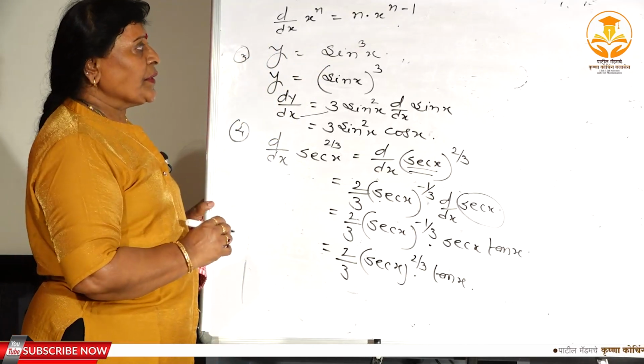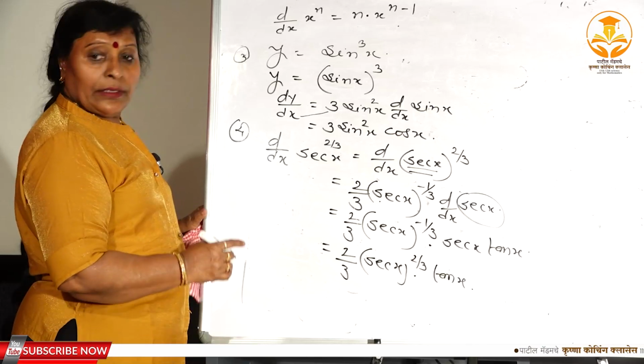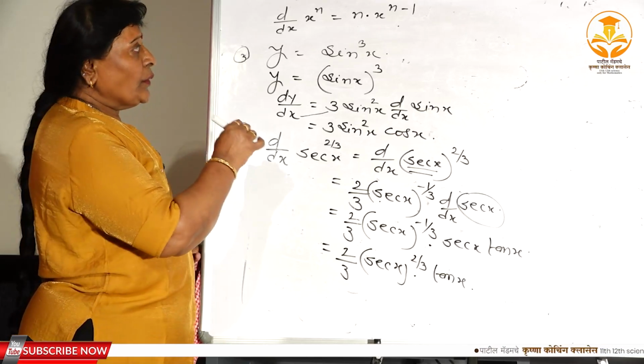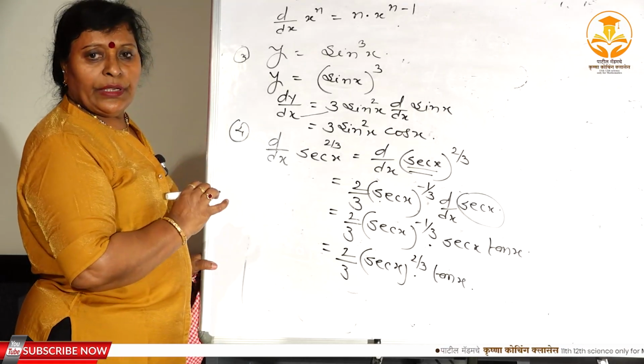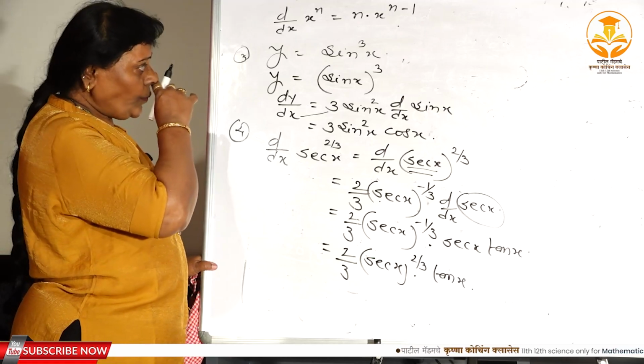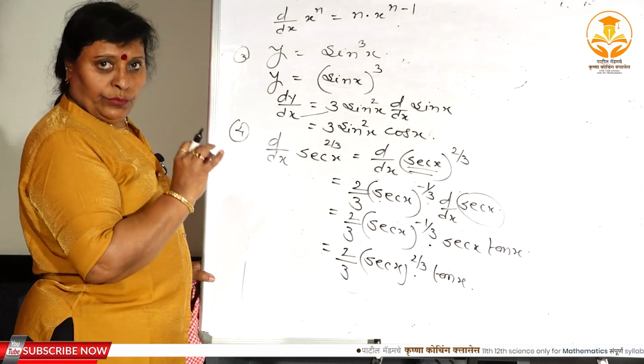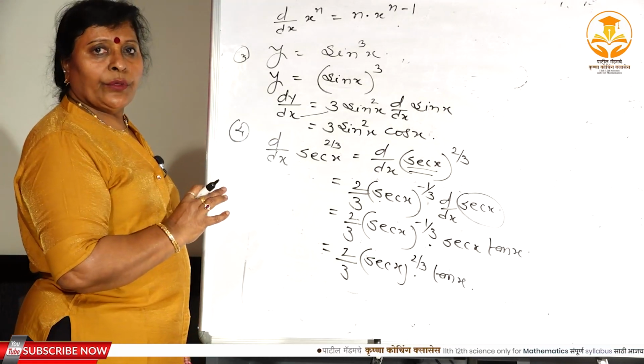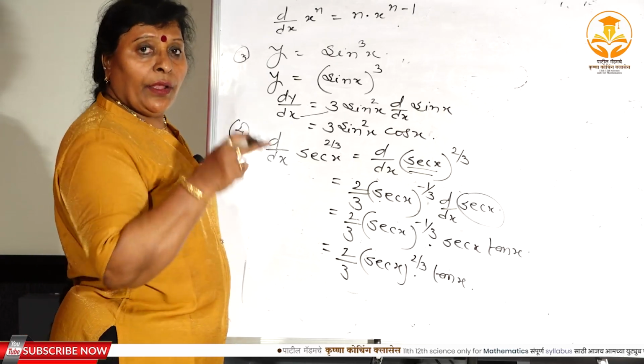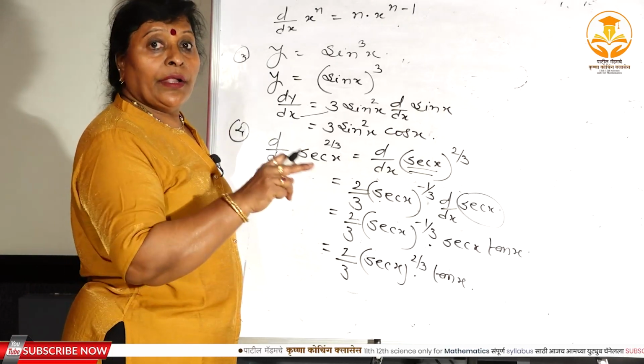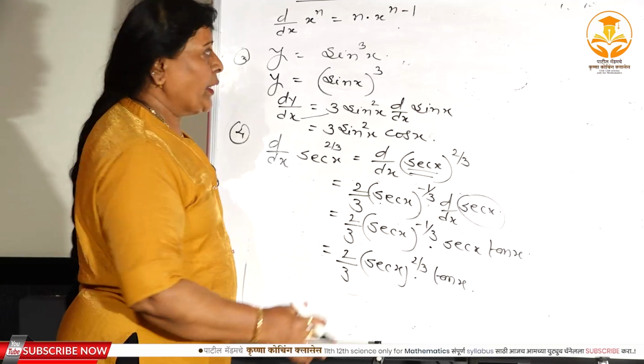So if there is a power function, you have to do it like this. You have to substitute u, find out the derivative, and again whatever the u you put, you have to find out the derivative. We have to do only two things. Put u and take the derivative once, and then take the derivative of whatever is equal to u. Now again